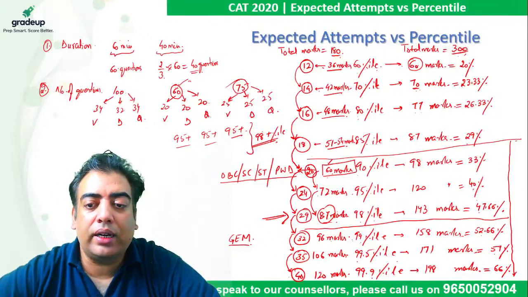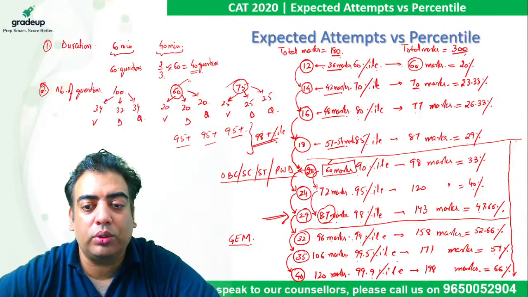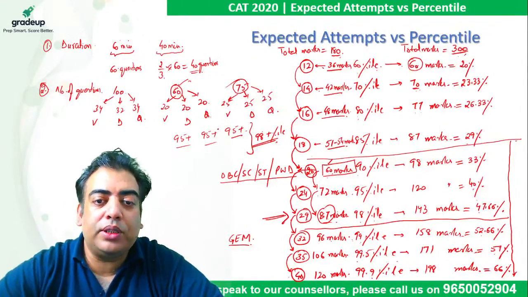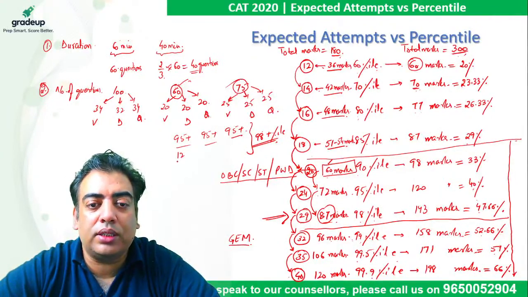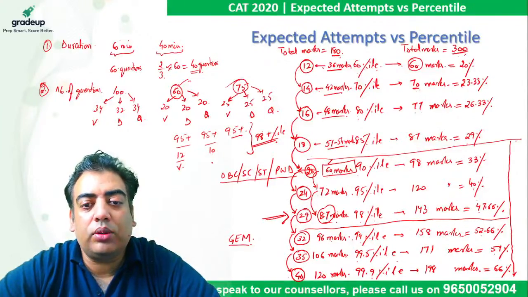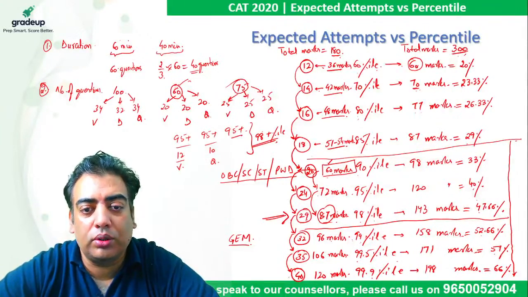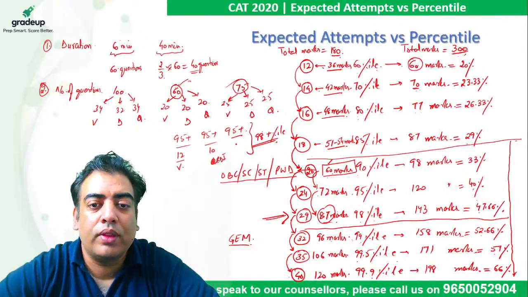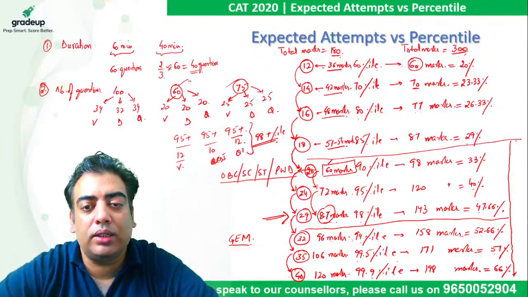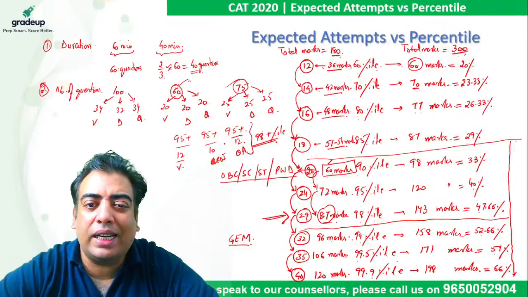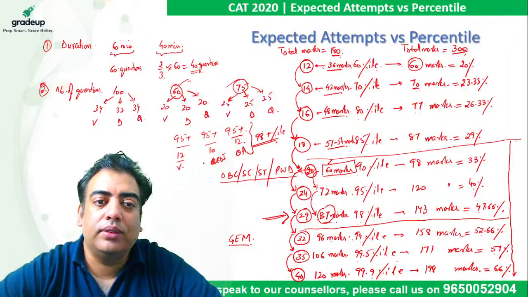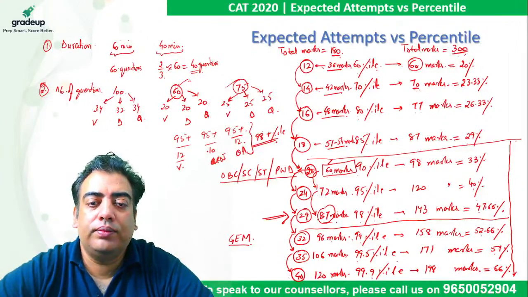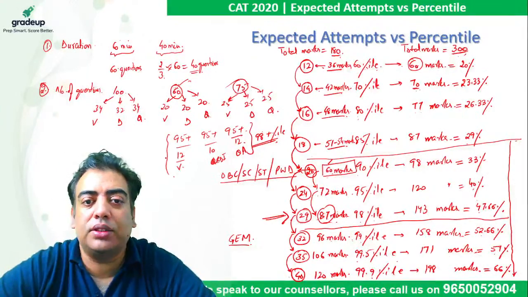In order to reach the target of 87 marks, or 29 questions overall, the breakup is going to be very easy for you. Let's take it as around 12 questions in verbal, around 10 questions in LRDI, which is your second section, and around 12 questions in quant, with around 90% accuracy, which will fetch you this particular level. So this should be the breakup of the three sections.